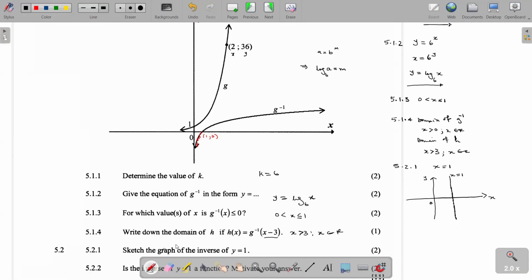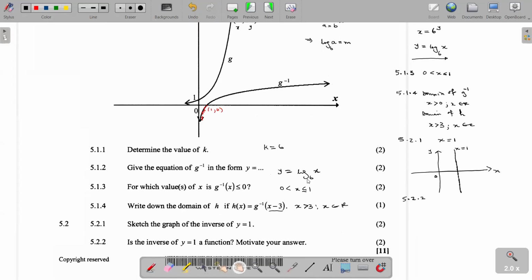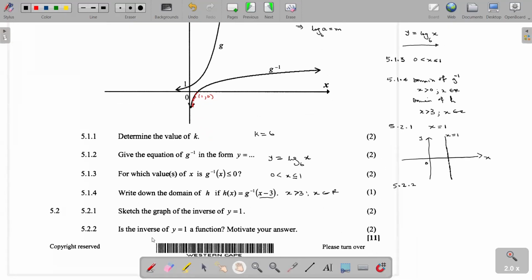Then the next question is 5.2.2. It asks: is the inverse of y equal to 1 a function? No, it's not a function. The inverse of that one is not a function. Why is it not a function? Because there are